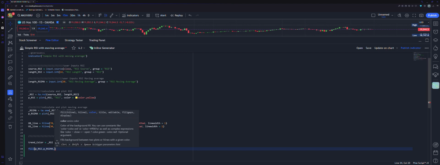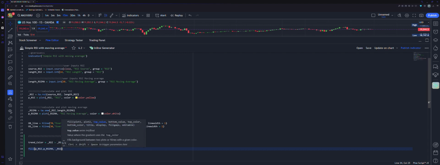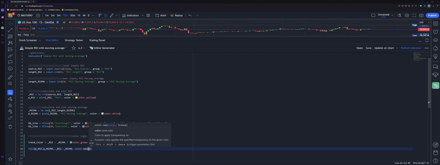Now we're using the top value and bottom value, and that's going to be our actual calculation for RSI and for RSI MA. Now we need to give it top color and bottom color, and these we have to do a little bit differently. In order to get our gradient correctly, because this is a slightly more complicated fill, we're going to do color.new, trend color,